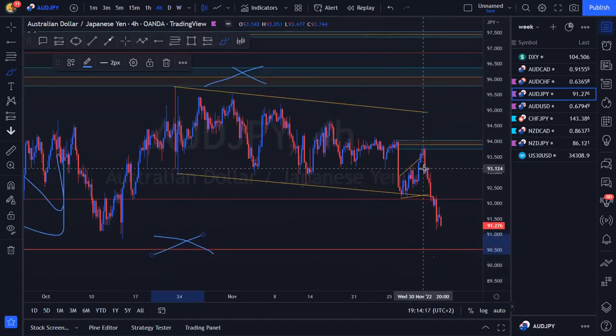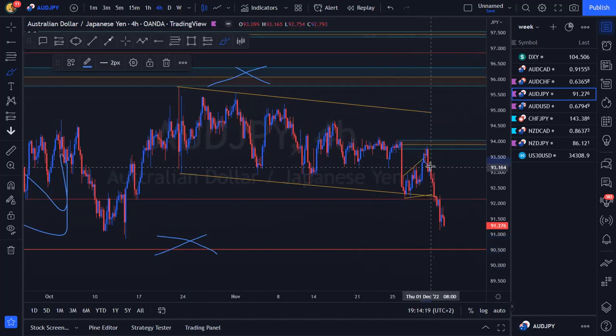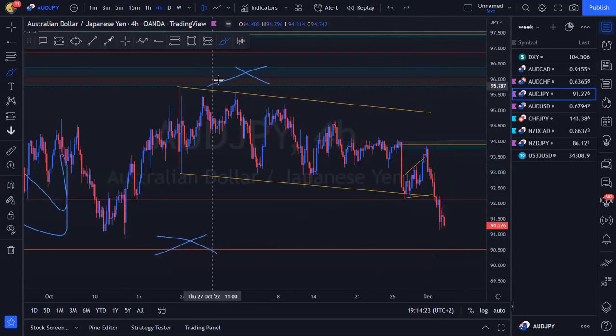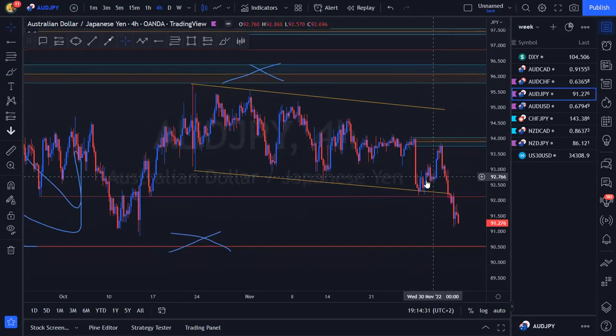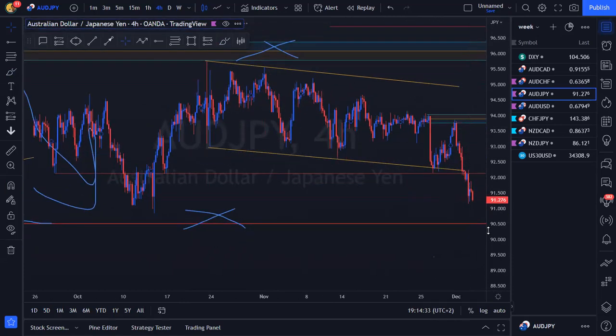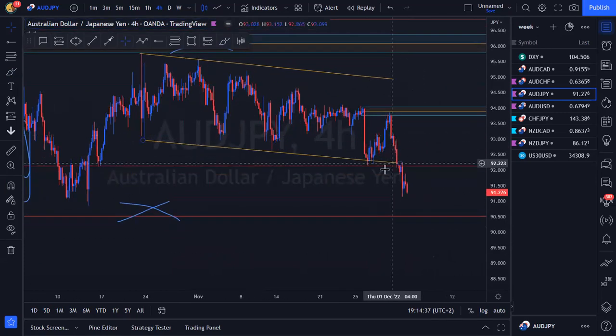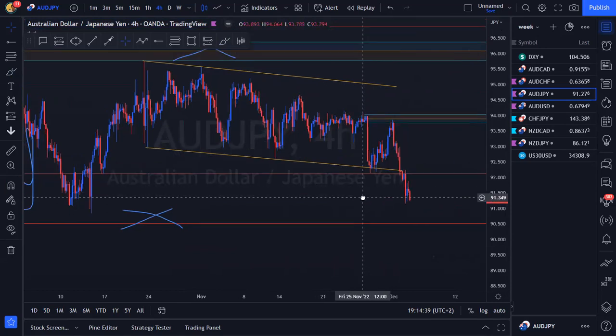Even this expanding structure just ruined things. We broke above, I had a smaller POI there. It was just nasty. Maybe it was okay that I stayed out of this pair, because I don't know if I would have been able to trade something that looks like this the next time. But it was nice. A lot of conflicting information inside of here.